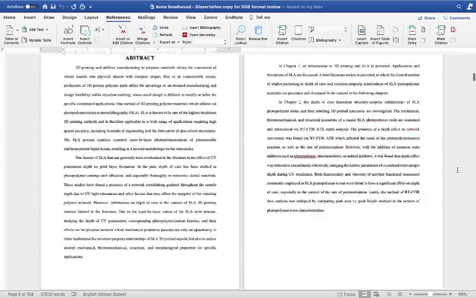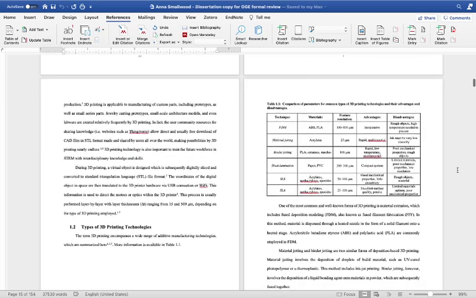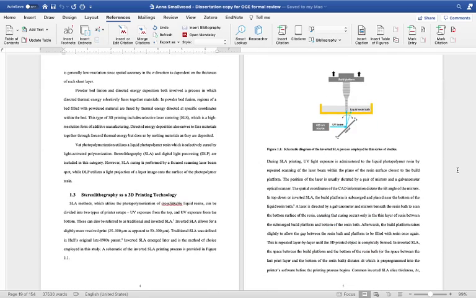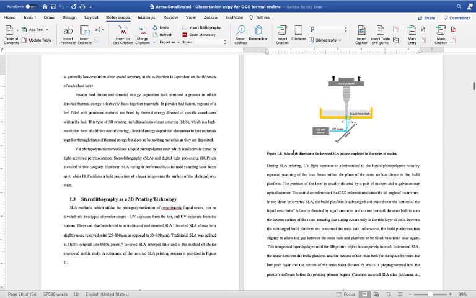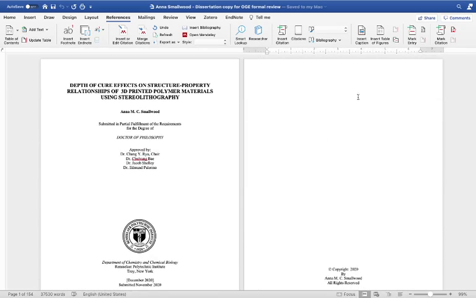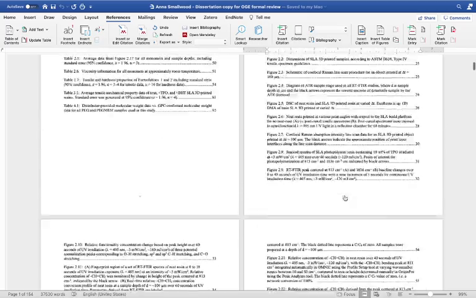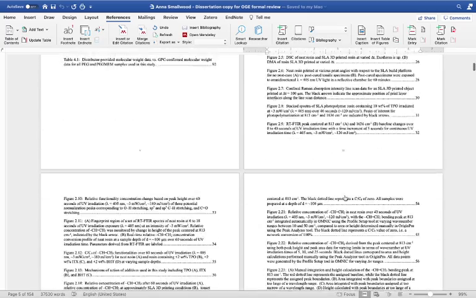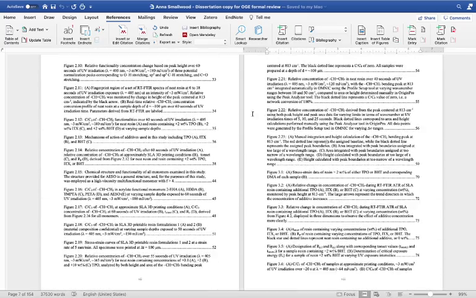So if you go to your figures, for example, this is my first figure. Down here, what I did is I did insert caption. And then in that box, I was able to put this caption. I do that to all my figures, and then when I created my list of figures, it already included all my captions in this nice little table of contents,